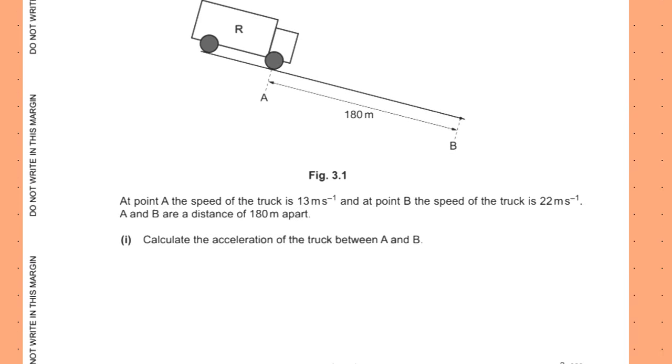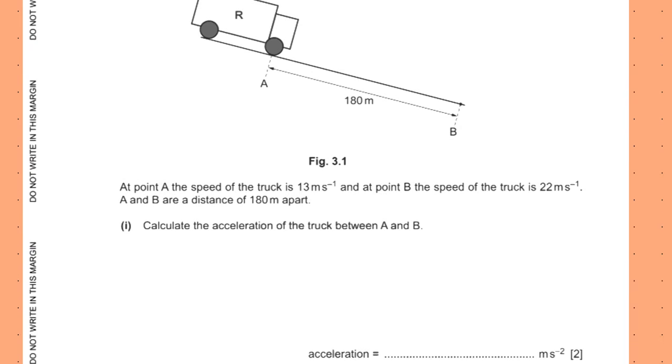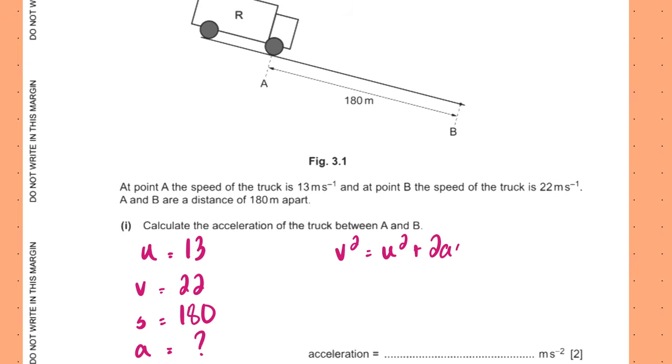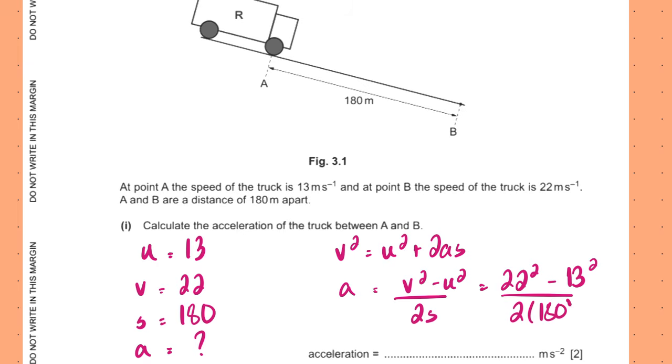I think this is pretty obvious that this is a question on equations of motion. The initial speed u is 13. The final speed v is 22. The distance is 180, and we are supposed to find the acceleration. So the equation of motion to be used is v squared equals u squared plus 2as. So a is v squared minus u squared over 2s, which is 22 squared minus 13 squared divided by 2 into 180. So using this, you find out the acceleration, which turns out to be 0.88 meters per second squared,